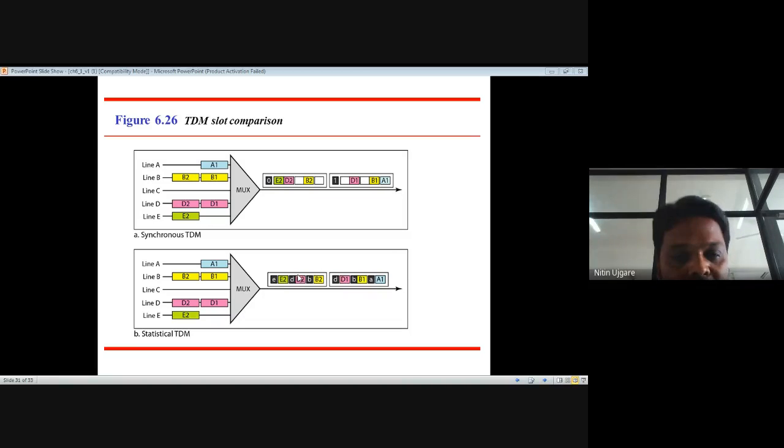So that's it for the synchronous and statistical time division multiplexing techniques. We are left with one more technique, called code division multiplexing. I will prepare an interactive video on the code division multiplexing technique. Probably tomorrow I will deploy that video. On Monday, we will talk about the next topic, noise in the signal: the different types of noise and two different algorithms for removing the noise.